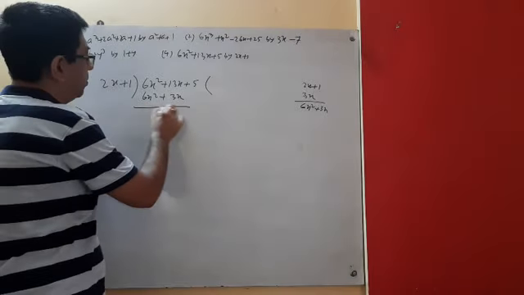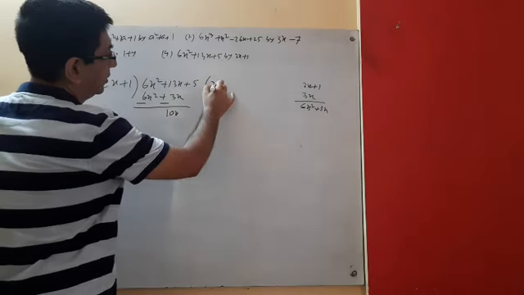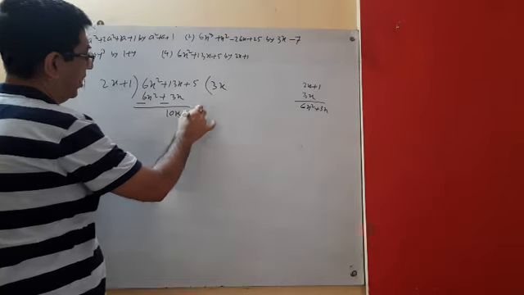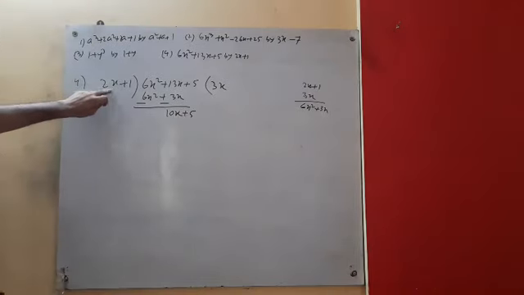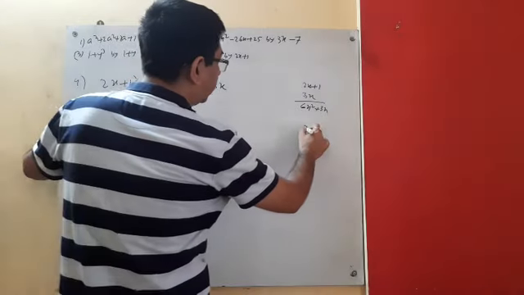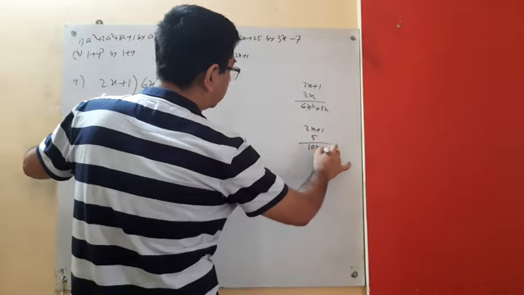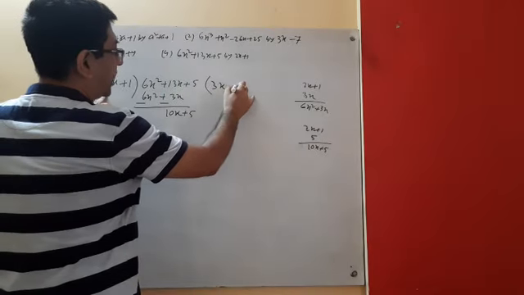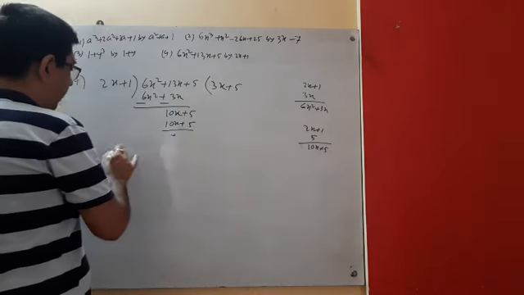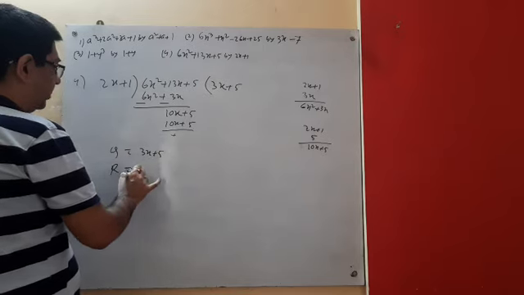Now go for minus. 13x minus 3x, that is 10x. Sorry, this is 3x; 13x minus 3x is 10x, plus 5. Now 2x plus 1, and here is 10x plus 5. If you multiply this 2x plus 1 by 5, what are you getting? 5 into 2, 10x plus 5. You are getting 10x plus 5. So no remainder. The quotient is 3x plus 5 and the remainder is 0.